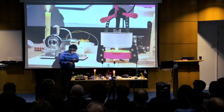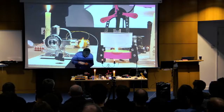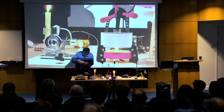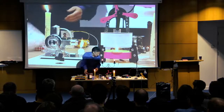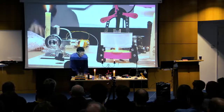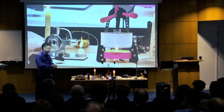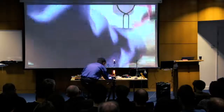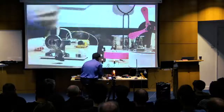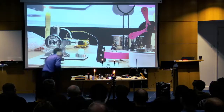I tried earlier on. It doesn't even have enough energy to light up a light bulb in it. Not even an LED. I'm afraid I've lost the light bulb, but I promise you, it doesn't have it. If I put a light bulb in, it will just stall because it just can't do the work. Okay, so let's just take those off there. So it's Stirling engines, very good, but